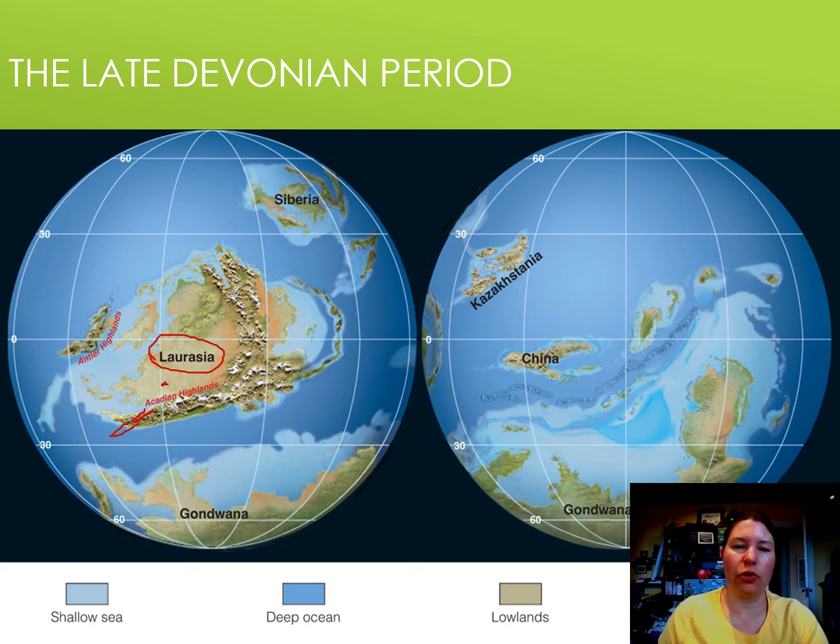We have this ocean here called the Iapetus Sea, and it's going to get smaller and smaller between Laurasia and Gondwana. So we're having these mountains being built, and again, another thrust of the Appalachians. The Iapetus Sea is closing, and on the west, we're also forming the Antler Highlands. We're beginning to form the beginnings of the Rocky Mountains. We could still see mountains of the Antler orogeny in the state of Nevada.